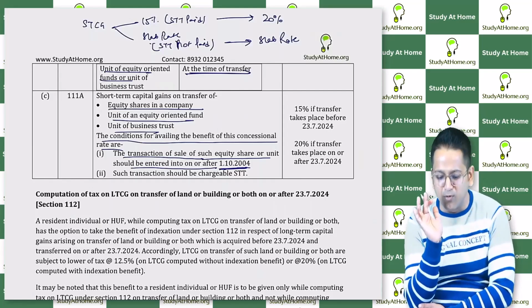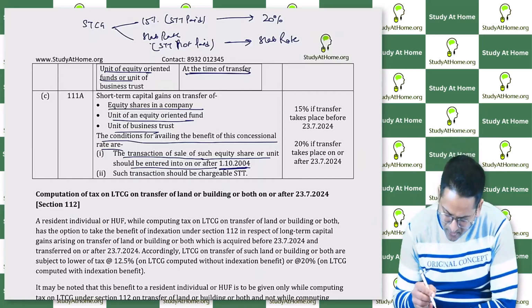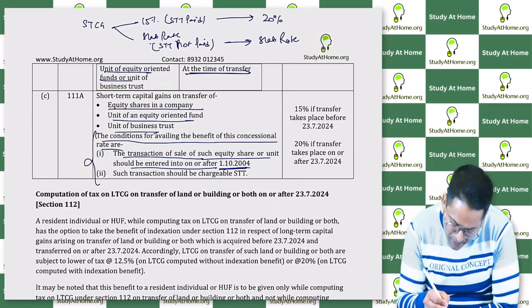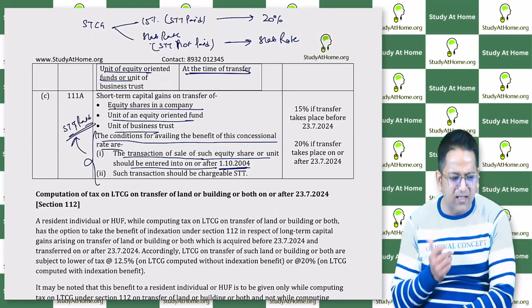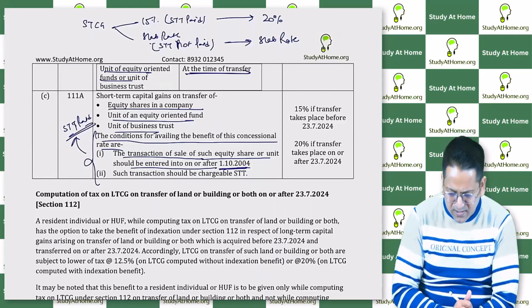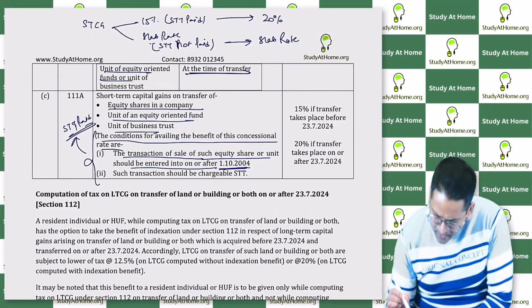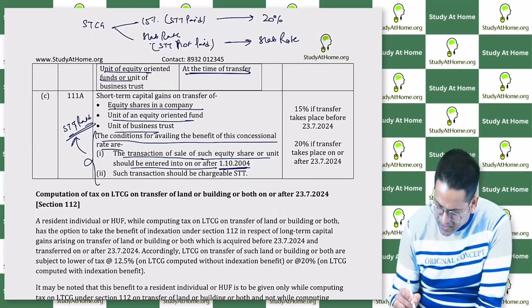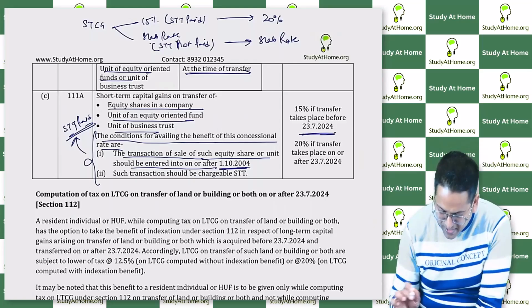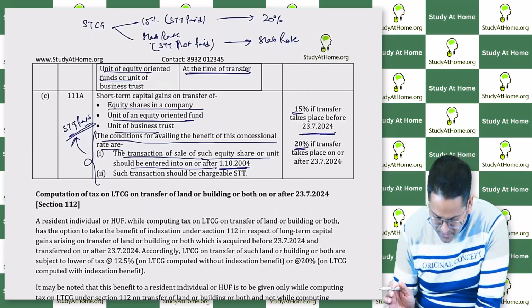So I will not tell this whole story in this. Instead of this long story, just don't say anything. You directly say STT paid, just that. Why should we say all this? When it was bought, when it was sold, it does not matter. What matters is the rate it is sold at. What's given? Before the 23rd of July, 15% until the 22nd of July, after that 20%.